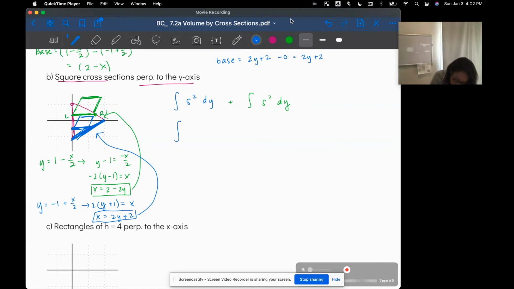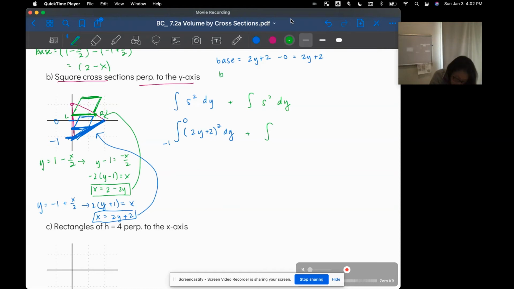So I'm going to go ahead and substitute that in for s. So (2y plus 2) squared, because when you square the base, you get the area of a square, and then the integral adds up the areas of all the different squares together. So I'm going to start taking the integral from negative 1 to 0, and then I'm going to switch to the second